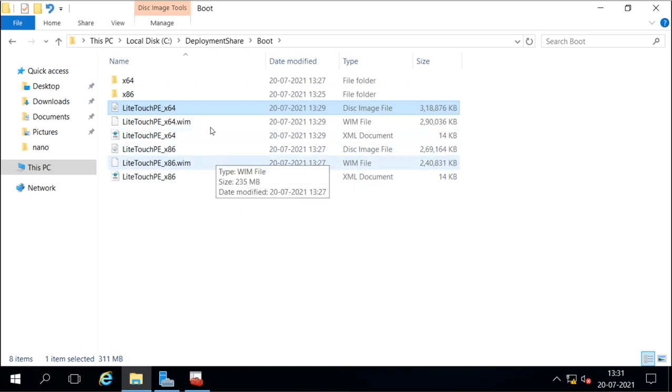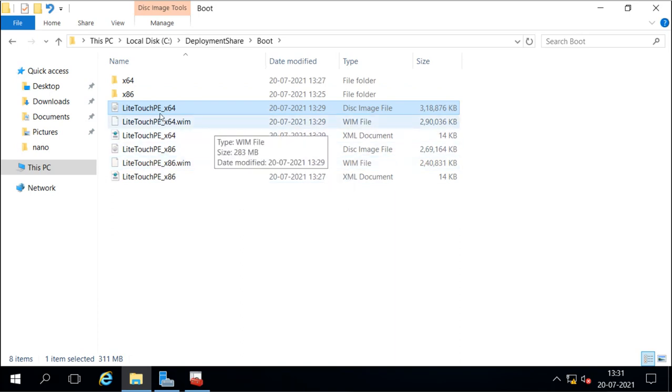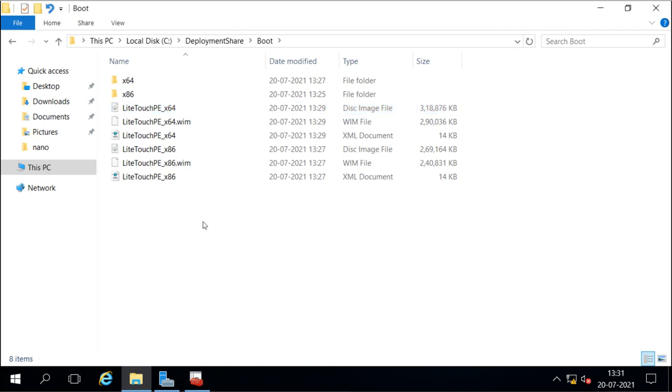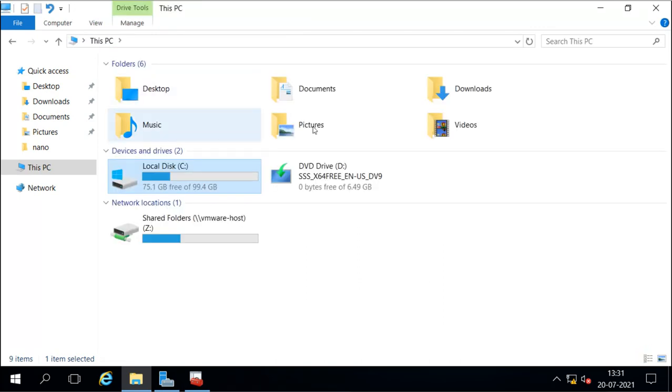So I will copy this file in the share folder, and then I will boot the other machine from this image file, this .iso file. I will copy this, and this is my virtual machine, so I have connected this folder from my real machine.